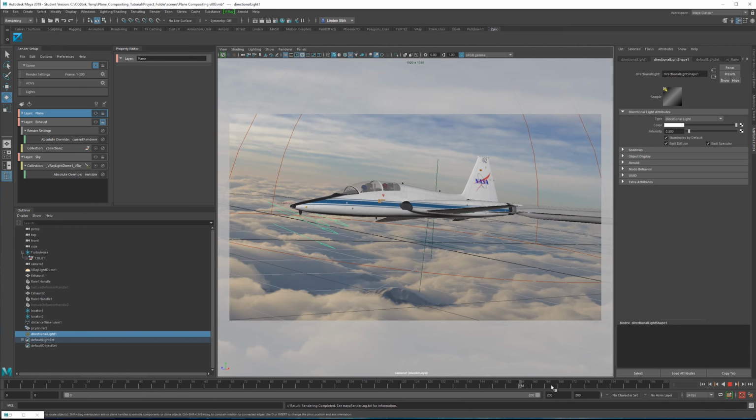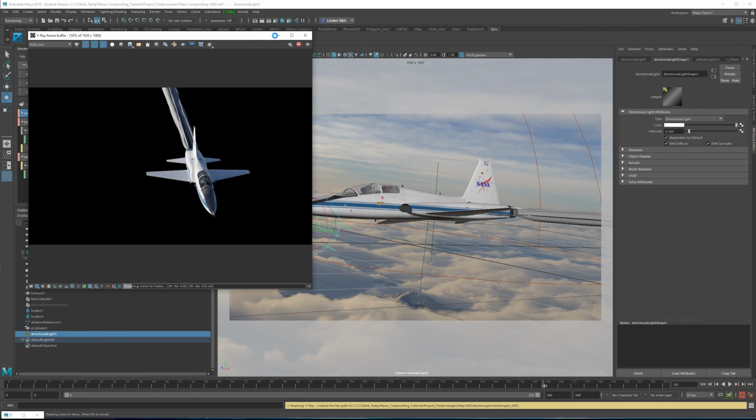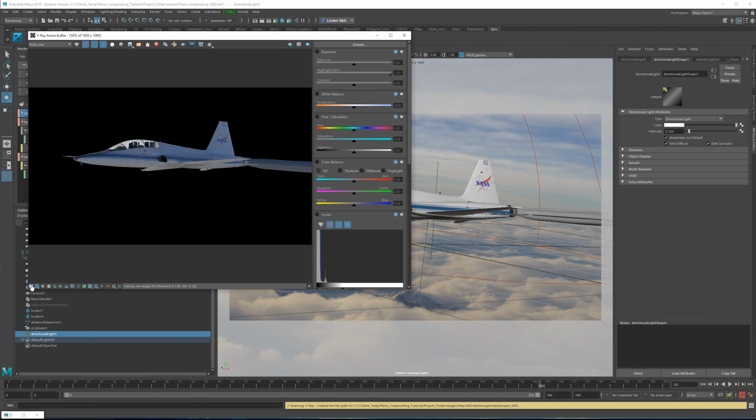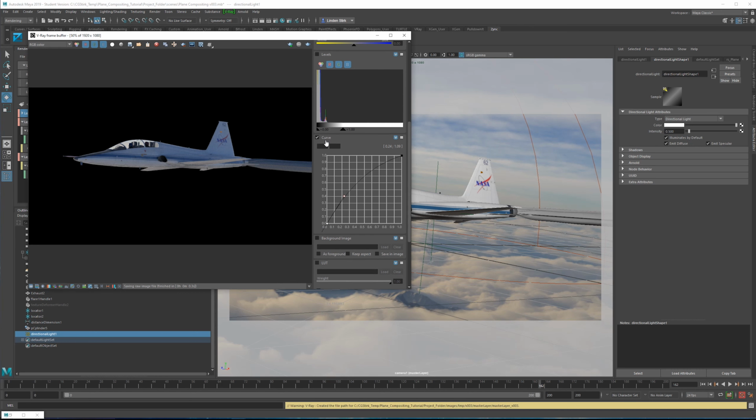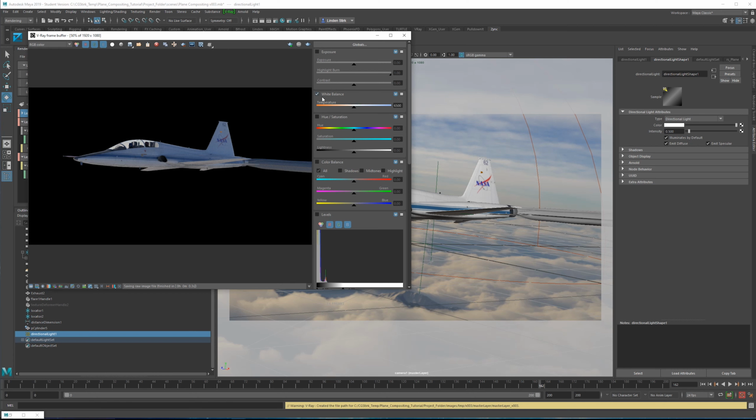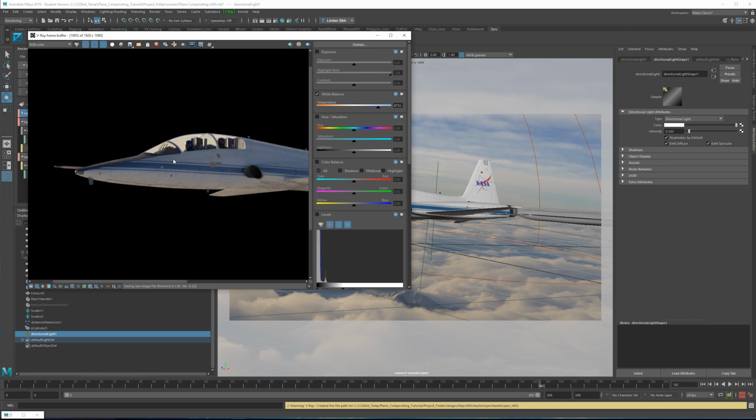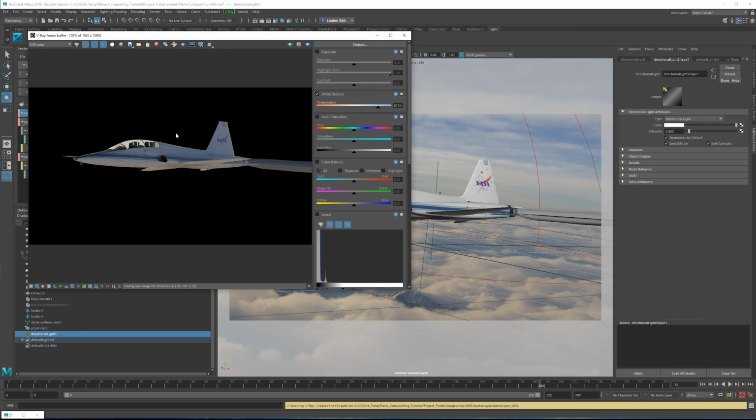I'll go back to an angle like this. Do a proper render. I'll turn on my image adjustments, and we had this curves effect on here, which is making everything a bit brighter. We also have things like the white balance, which will be color temperature. We can make the image warmer. So let's say I was really pleased with the color of this, and I wanted to save this exact color correction, and I wanted to use this same color correction inside of After Effects.